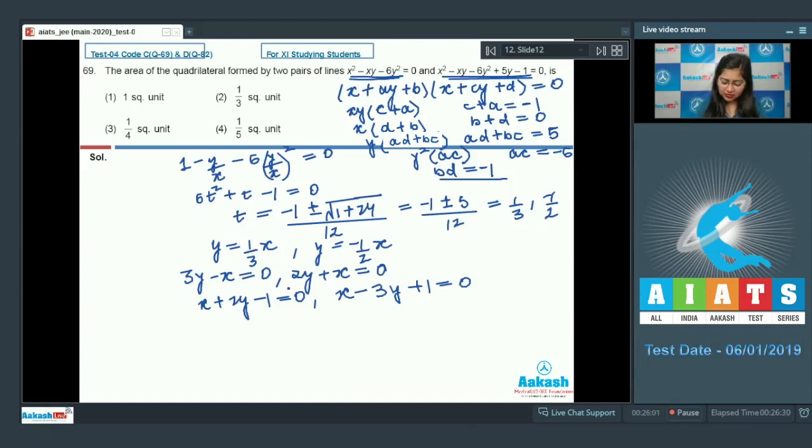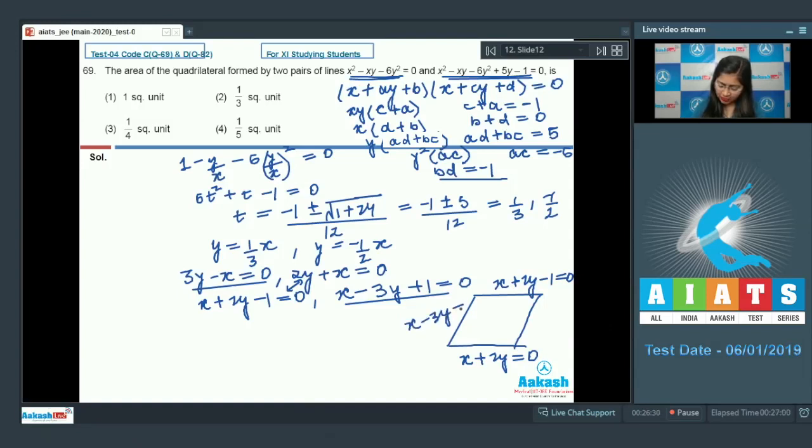So we can see that these two straight lines are parallel and these two straight lines are also parallel. So this is a parallelogram. Let us say this is x plus 2y equal to 0 and this is x plus 2y minus 1 equal to 0, and this line is x minus 3y equal to 0 and this is x minus 3y plus 1 equal to 0. Now for a parallelogram, we know that area is equal to P1 P2 into cosecant theta,